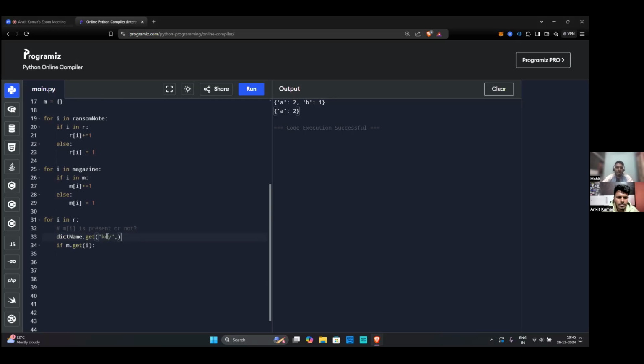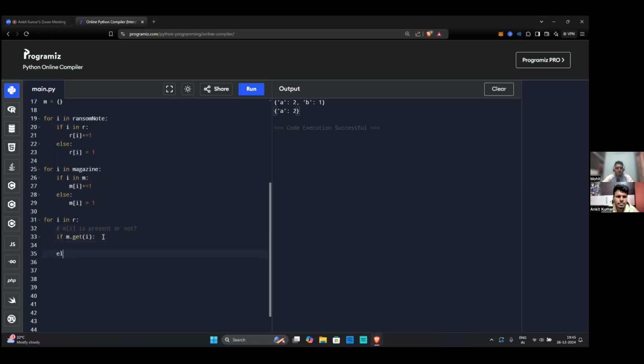By default, this function returns None if the key is not found, and it returns the value of that particular key otherwise. So if I don't want None to be returned and I want something else, it will return that. If I write maybe 'not found' here, it will return 'not found' instead of None. So I can just pass zero to do it like that. But okay, it's fine, I won't pass zero. So if m dot get i is there, and I have to check,